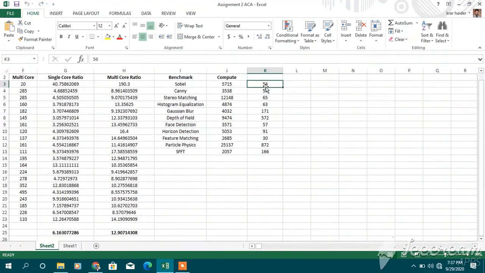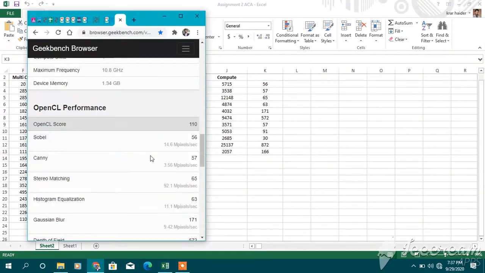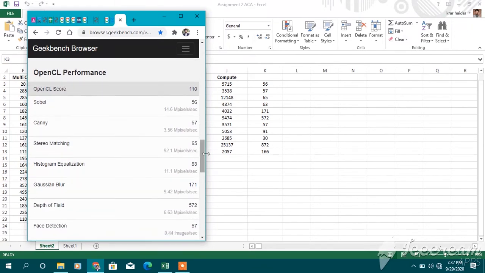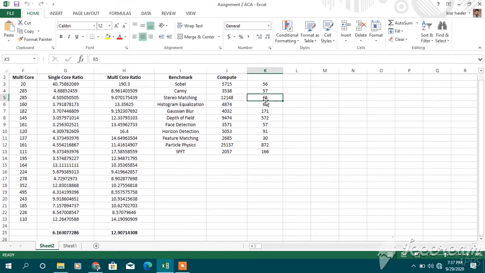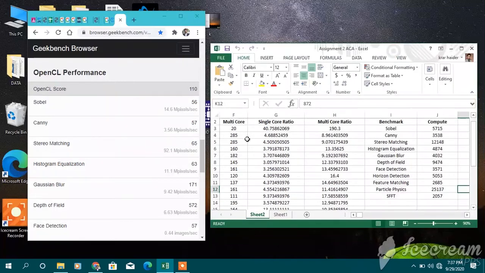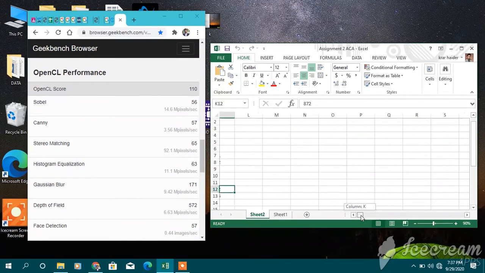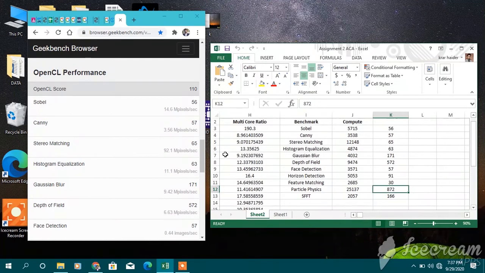This is 56. Look, this is 56 and 57 and 65 here, and same like this. I have to minimize the screen, and you can match these values here. Yes, so 63, 171, 171, 572, 572, and 57, 57.